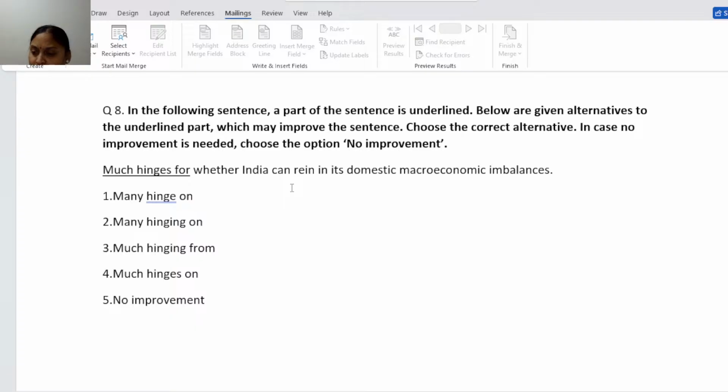So then what will be the answer? Here "much hinges" is an incorrect statement. To improve that, we have to take "hinge on". The meaning of "hinge" is to depend entirely on the